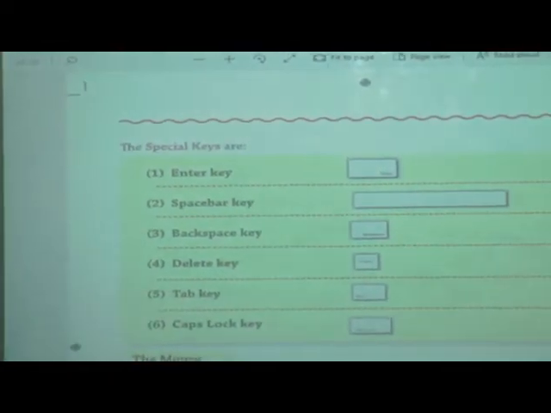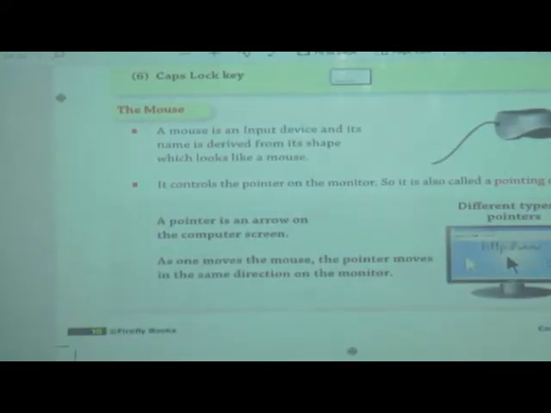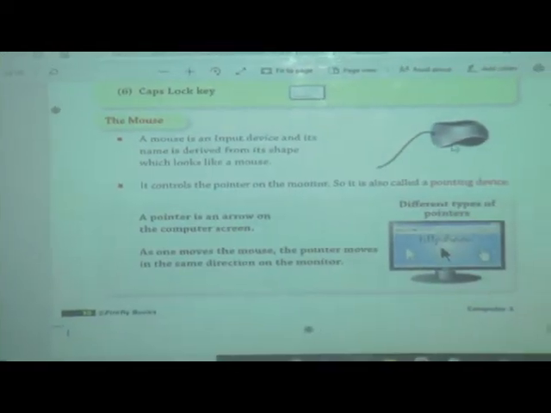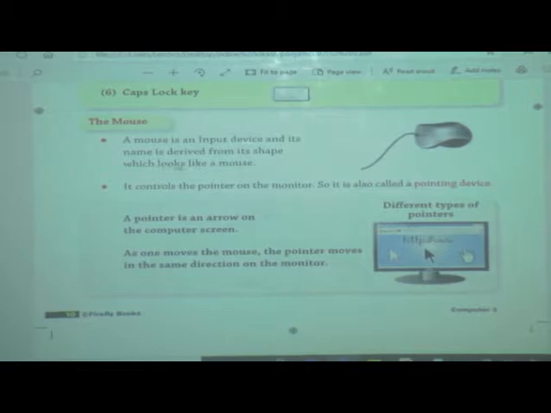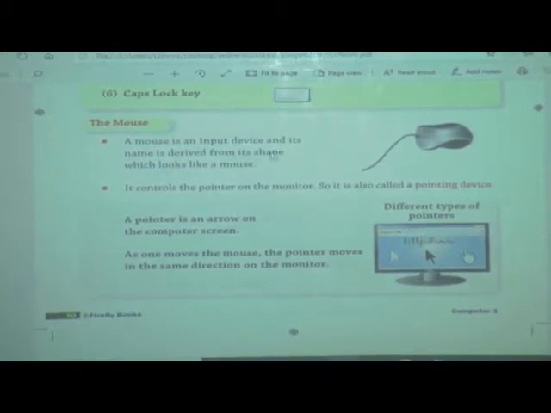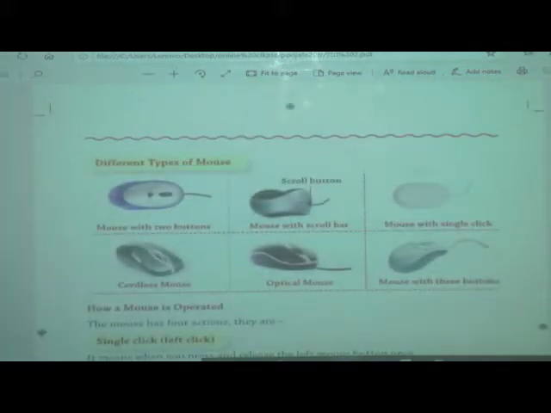Now next is the mouse. Mouse is also an input device. Why is the mouse an input device and why is it called a mouse? The mouse's name is derived from its shape. Right? Mouse has different types.